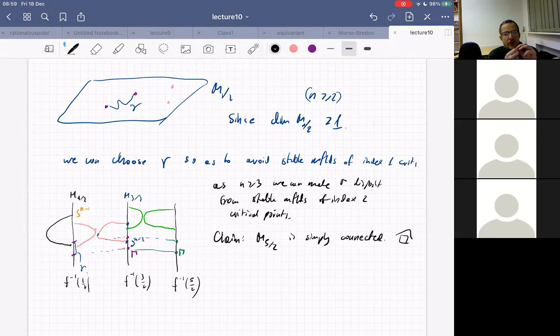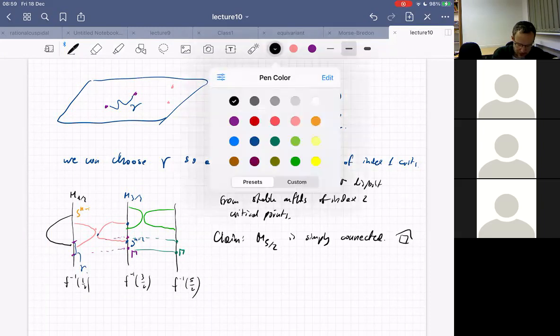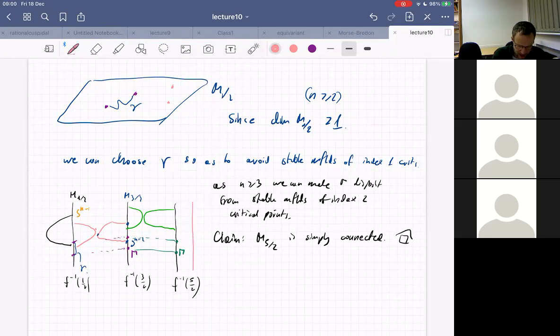Arbitrary gradient-like vector field for the function. Okay, so M^(5/2) is simply connected. And then the next part of the third step of the proof is that on a nearby level set, I want to create a canceling pair of critical points. So I want to spoil the function